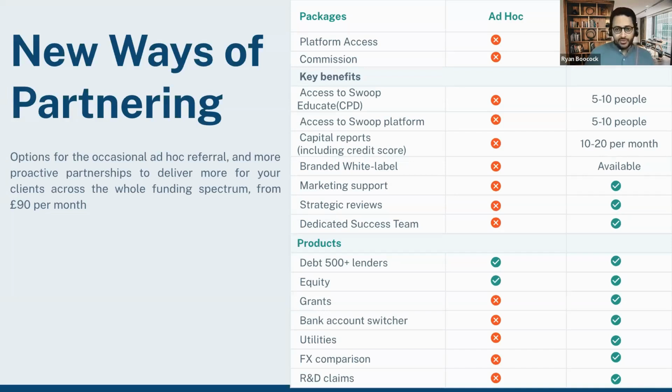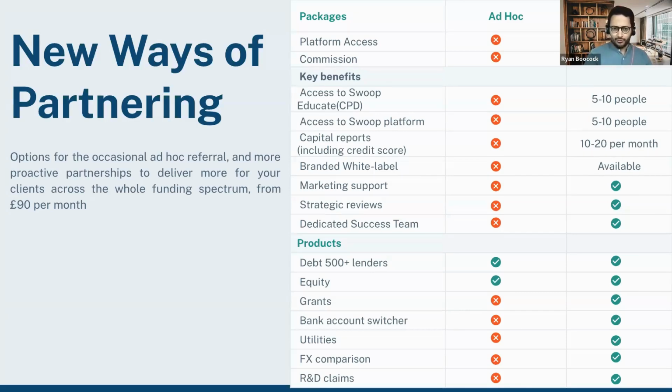And then at the other end of that spectrum, going through a platform for advisors with smaller teams, where there's actually a certain amount of education rollout and marketing support that they will require. And then on to larger firms where we have enterprise solutions and options for white labeling, where your clients can go onto your website and use a version of the platform that we've designed for you with your branding and colors. So hopefully that's given just a bit of a sense of where we've come from and where we're going.